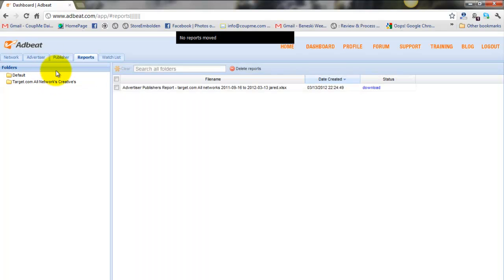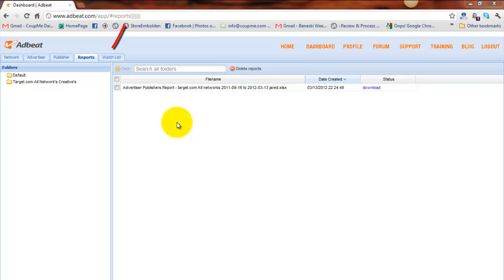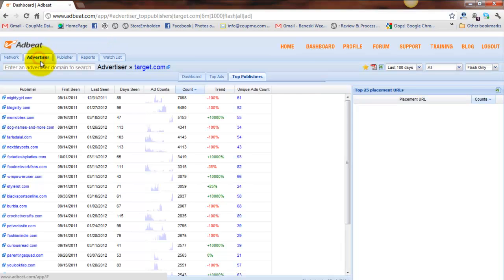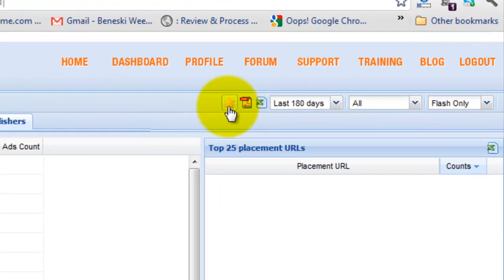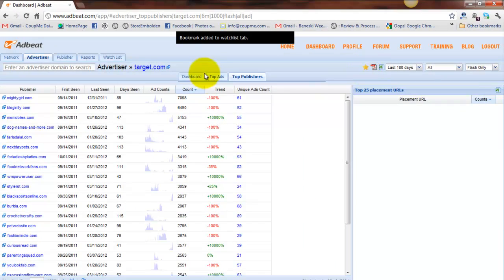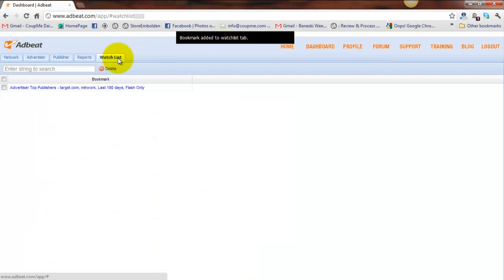the custom report there. Lastly, we have a Watch List tab, which is just like a Bookmarks tab. If you found that you wanted to check up on a specific site regularly without having to remember that site, you can bookmark the site and click through to view the data that you wanted to come back to later. We'll head back to the advertiser section, click on the gold star bookmark icon, head over to the watch list,